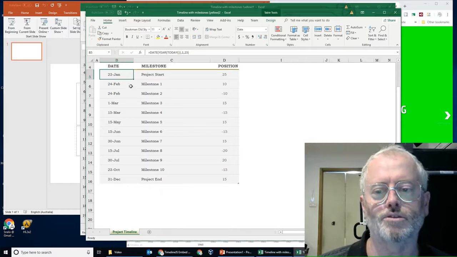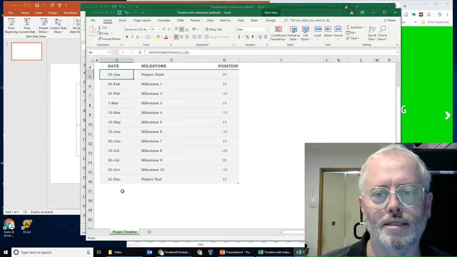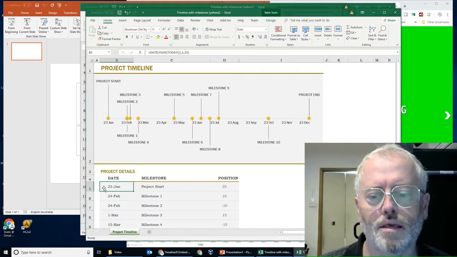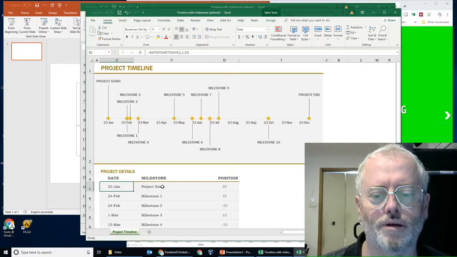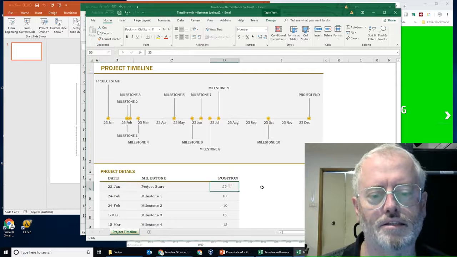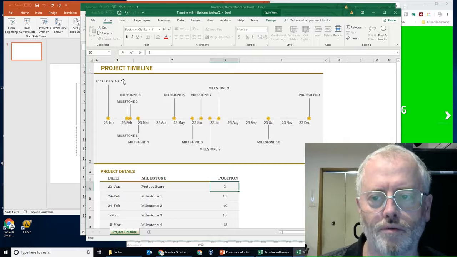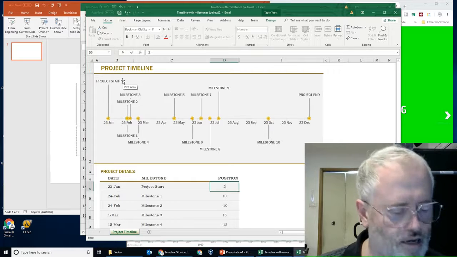So basically your students can go through and put dates, words for the dates, and this position thing. So here we see on the 23rd of January, project start is at position 25. What happens if I change that 25 to 30? Well, let's have a look here. We've got the word position start. If I make that 20,